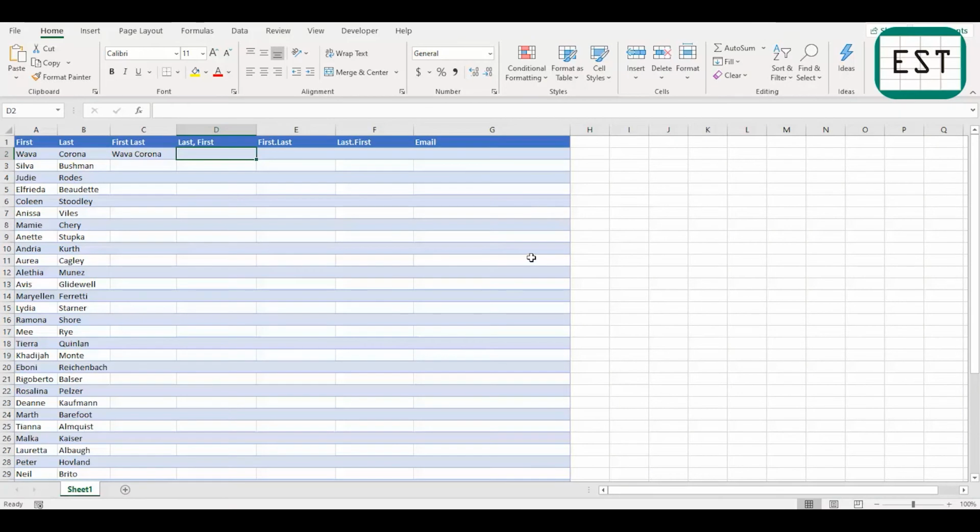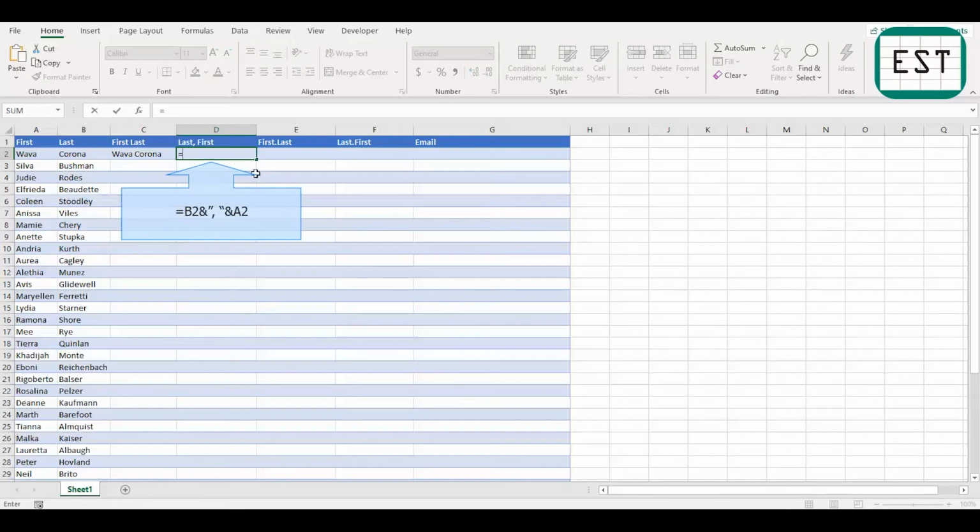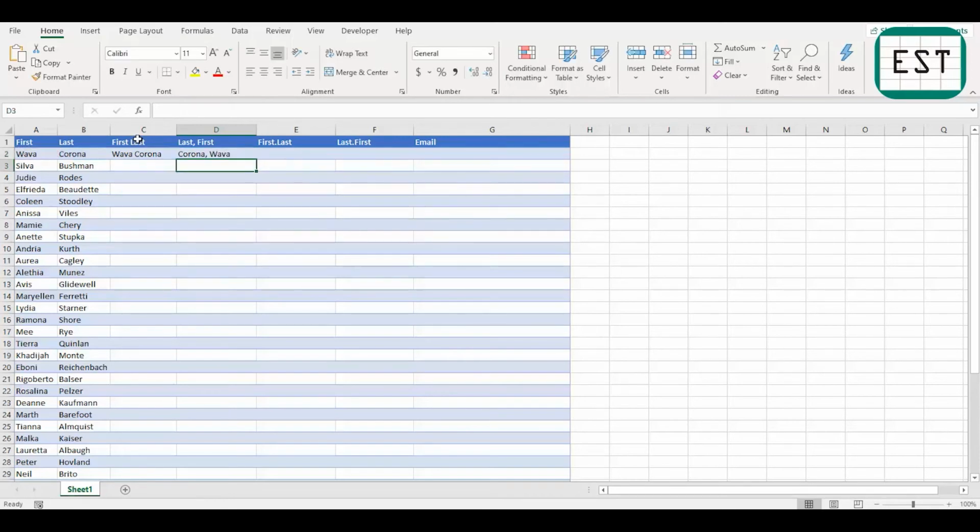The second format is the last name with a comma following, then first name. This can be accomplished by doing either of these two equations. First equation is equals. You're going to select the last name cell, do an ampersand, quotation, comma, space, quotation, another ampersand, and then the first name cell. Once I hit enter, you will see that I have the last name first with a comma and a space,